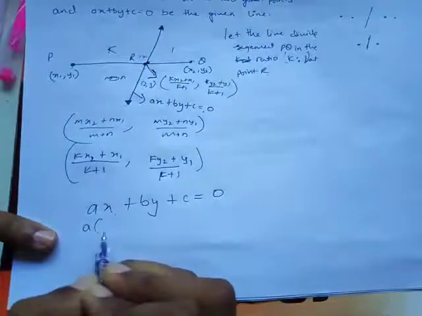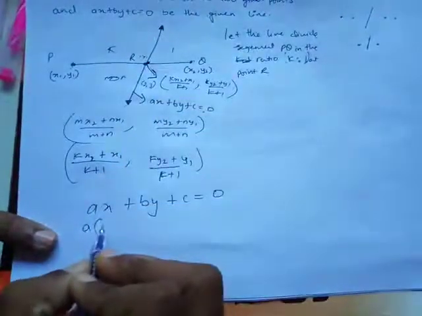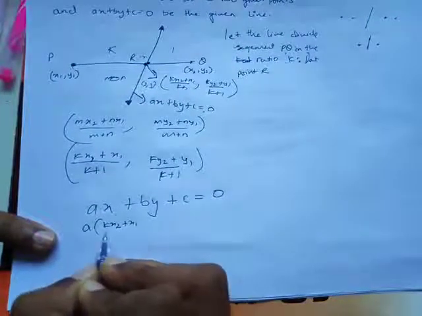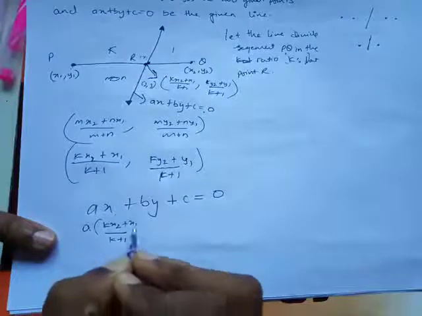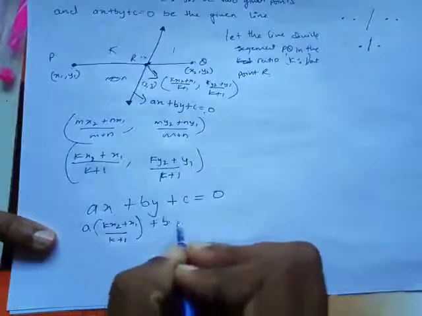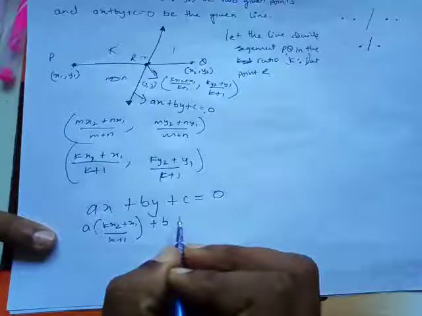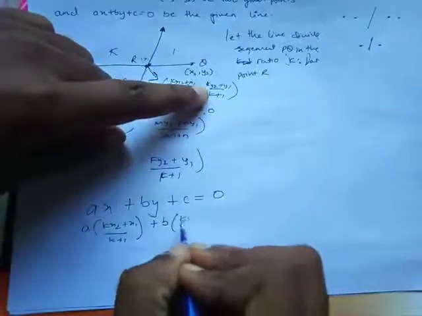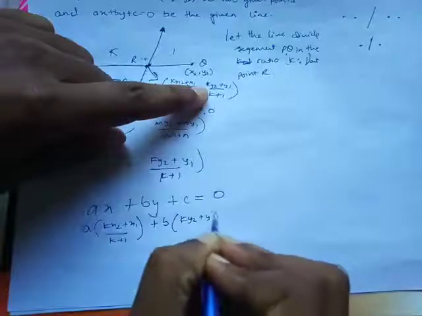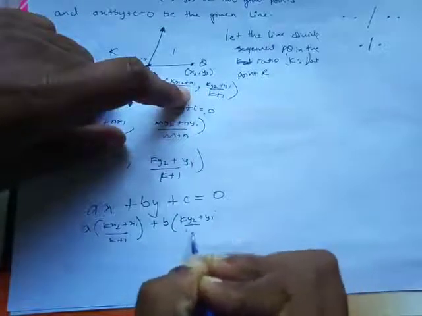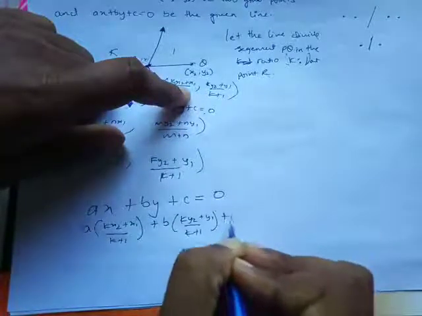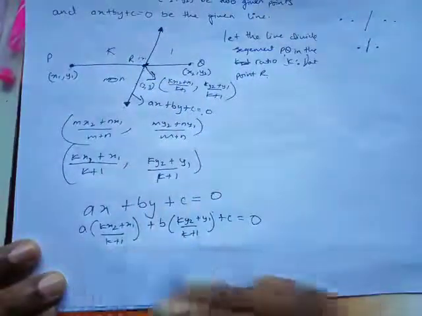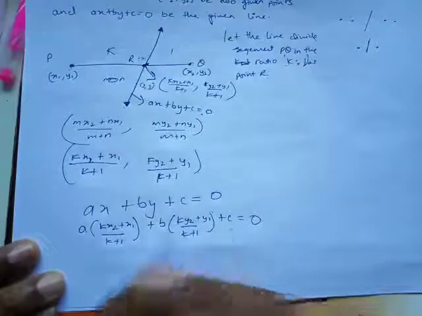A is going to be just like that, and then what is the value of x? (kx2 plus x1) upon k plus 1, plus b into, b is going to get multiplied by this, (ky2 plus y1) upon k plus 1, and c equals to 0. Now if you solve this out, you will get, when you solve it and find the LCM and all, then